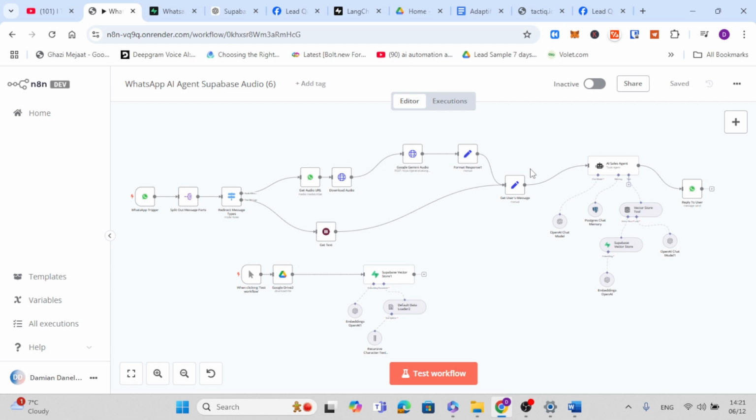uses RAG and is trained on my company's knowledge base, memory allows it to go beyond just answering individual questions. It can remember the client's name, the previous inquiries, and the context of the conversation. This means clients can ask follow-up questions without having to repeat themselves, creating a more human-like experience. Additionally, the agent is also able to accept voice messages from clients, analyze them, and provide accurate responses, making the